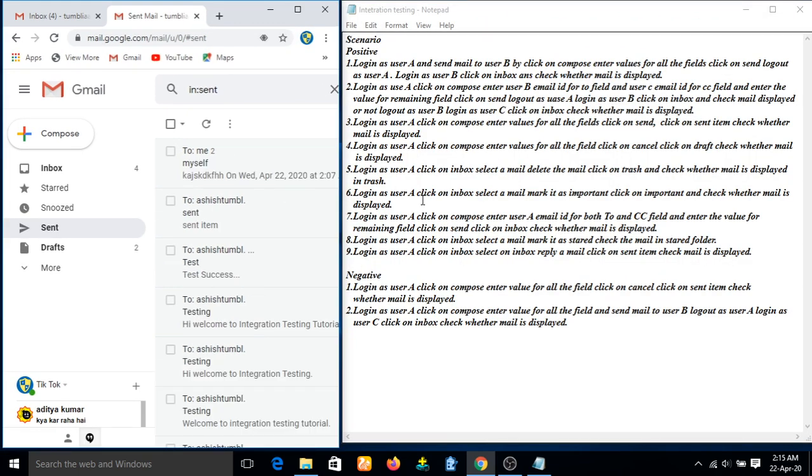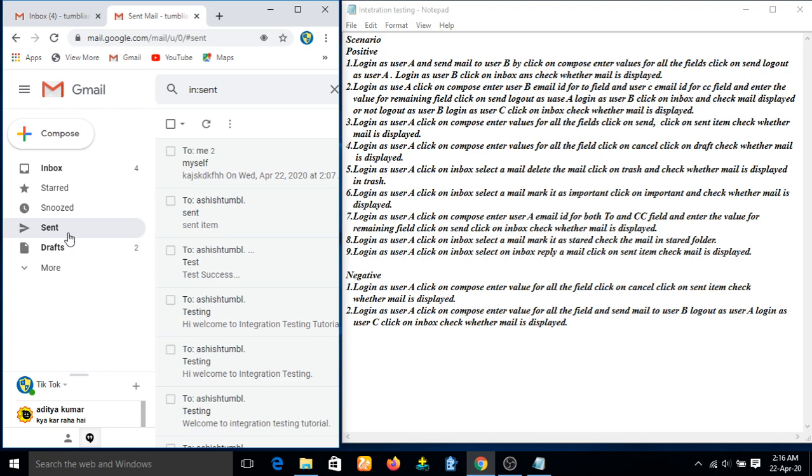The requirement is saying something else and we are testing the negative requirements. This is also a possibility. Sometimes if there is an error in the code, then you can find the mail in the sent item also. If you are not sending and there is an error in the code, then you go to the sent item and, without sending the mail, you can find it. So if that happens, then it will be a defect, right? So to cover all possible scenarios, you can test in this way also.